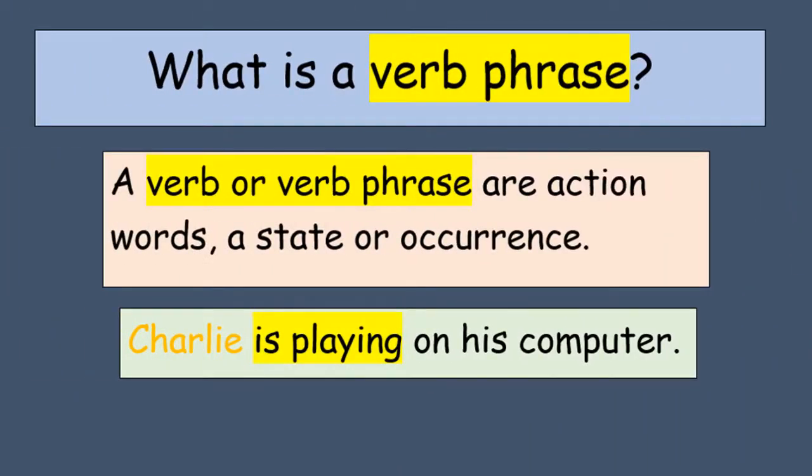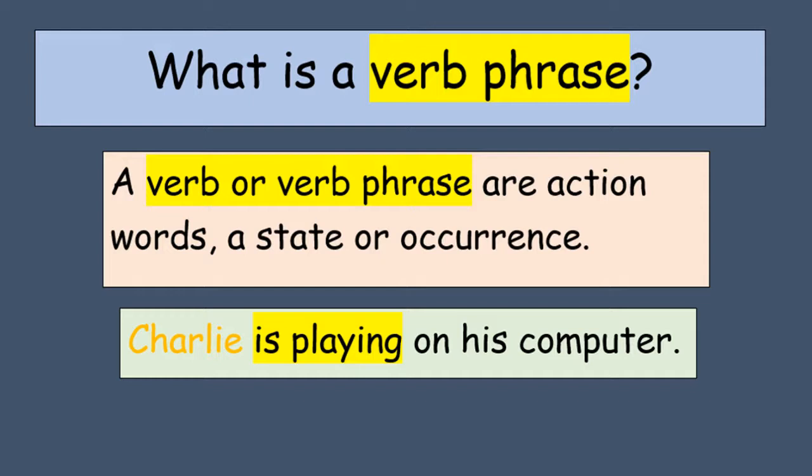What is a verb or a verb phrase? A verb or a verb phrase, also known as a predicate, are action words, a state or an occurrence. Let's have a look at our first sentence again. Charlie played on his computer. So this is a complete thought. It's a simple sentence. We can see Charlie is the subject and played is an action word, which is a